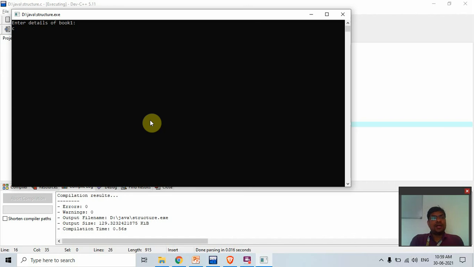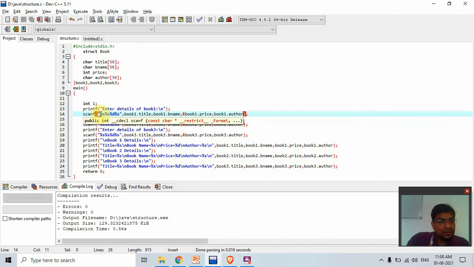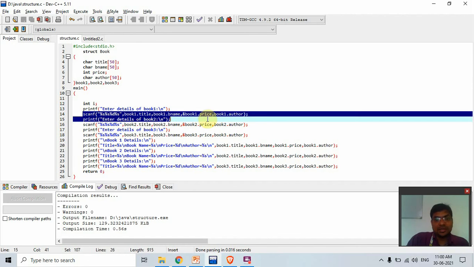So when we scan strings, we always use gets. For that I remove the scanf here and I use gets, and I remove scanf here.